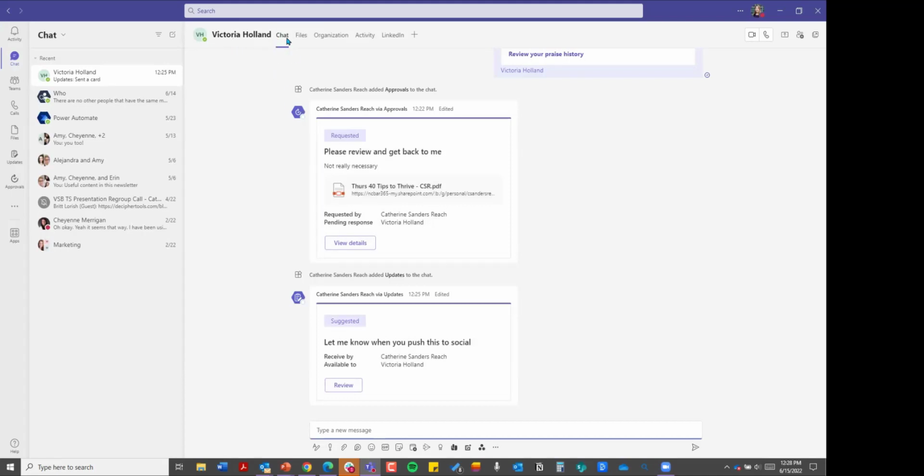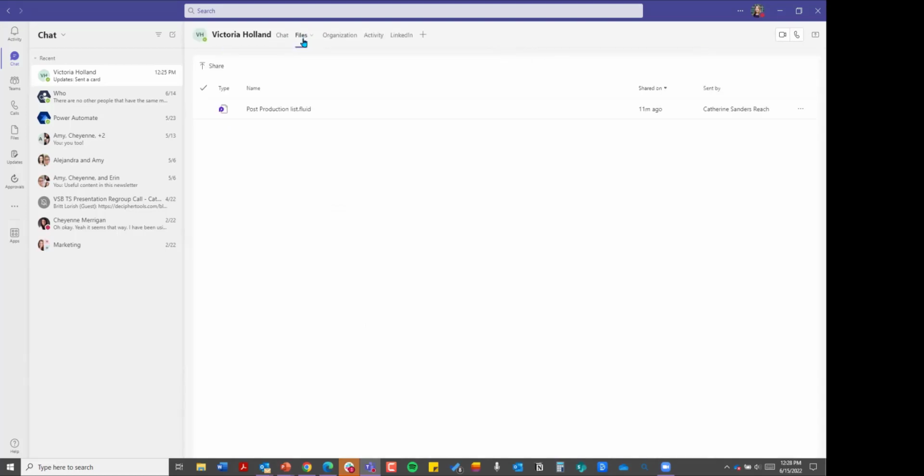Well, actually, this isn't new. If I've shared any files with Victoria, like this post-production list, that is a Loop file, and the Loop file type is .fluid. Again, Loop is really new. They're still developing it. It's not in all of the Microsoft products yet, but it has